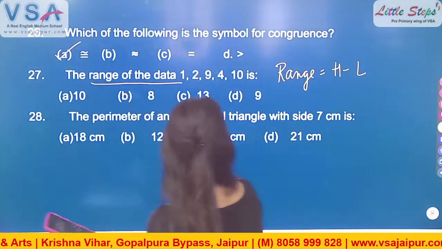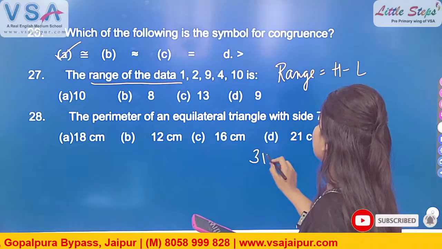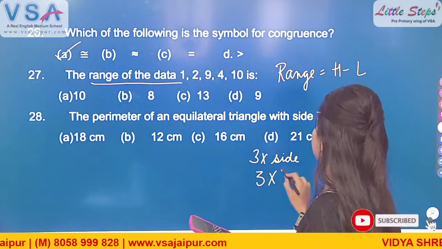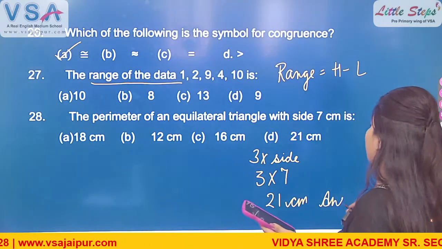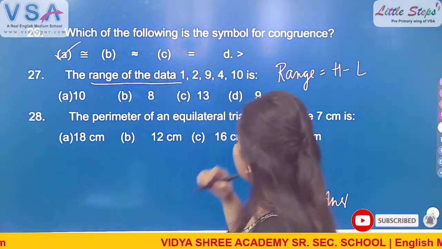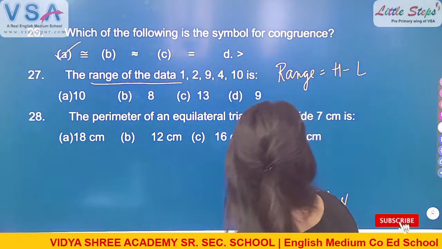The perimeter of an equilateral triangle with side 7 centimeters. So as you all know, the perimeter of an equilateral triangle is 3 into side. 3 multiply 7. 7 threes are 21 centimeters is the answer. Option number D. So the answer of question number 27 is, as we all know,